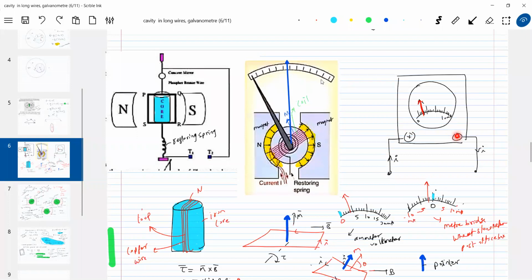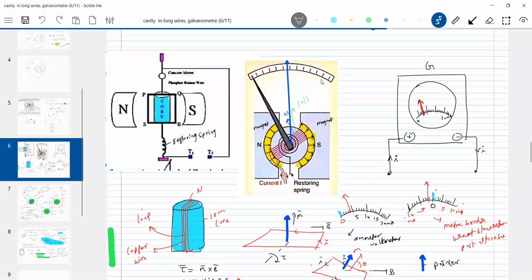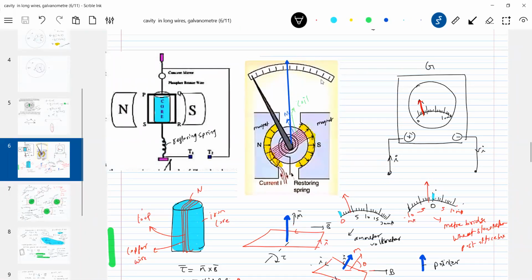So what is the resistance of the galvanometer? The resistance of the coil and the connections made by the coil to the leads, this one here inside, I'm not showing that. And even this knob also will offer resistance. Everything will become the galvanometer resistance. How to find out that? It is a very difficult quantity. So definitely I should bring an experiment to measure the galvanometer resistance, by the half deflection method.